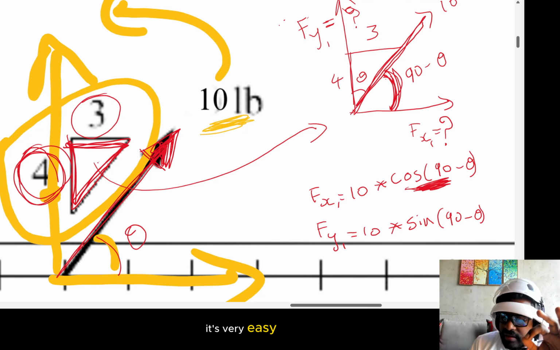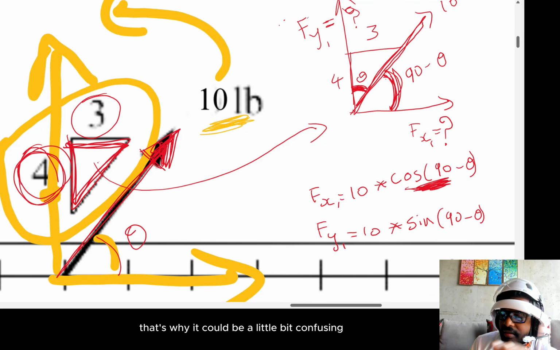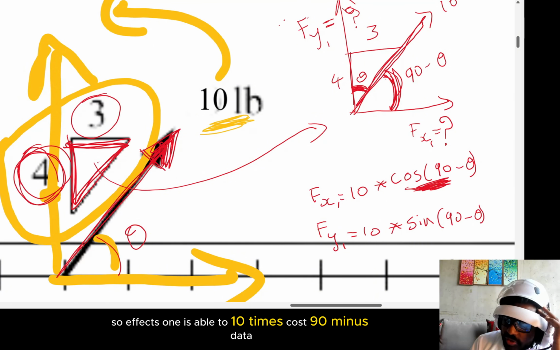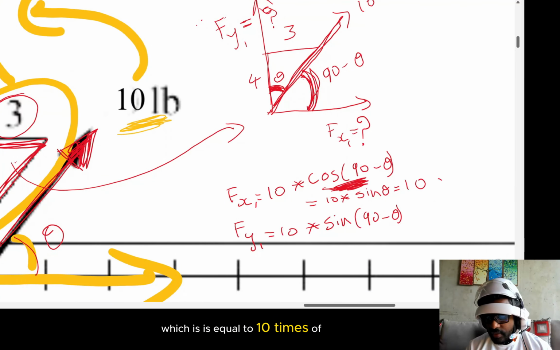It's very easy. But in this case, theta is given in the y direction. That's why it could be a little bit confusing, but it's not at all complicated if you put your mind to it. So Fx1 is equal to 10 times cos(90 minus theta), which is equal to 10 times sin theta, which is 10 times sin theta, where the opposite side is equal to 3,